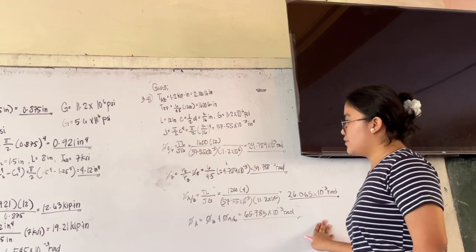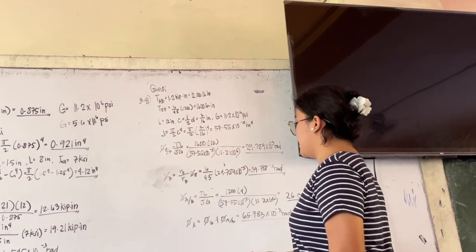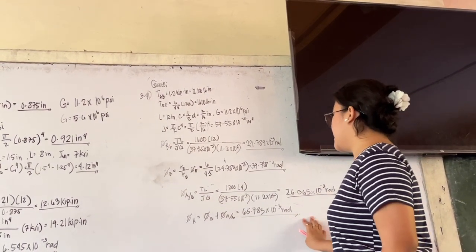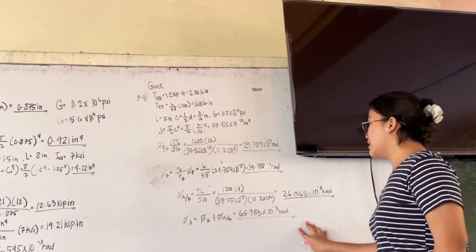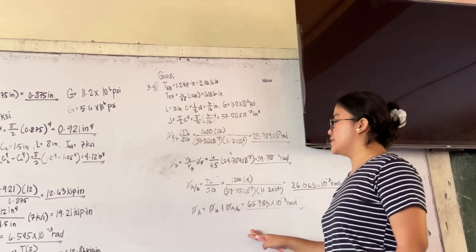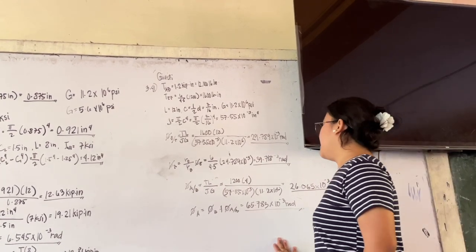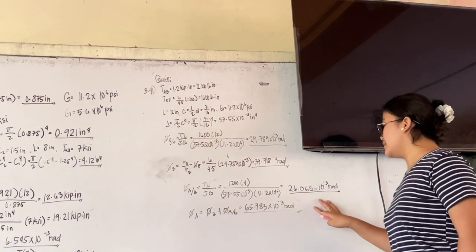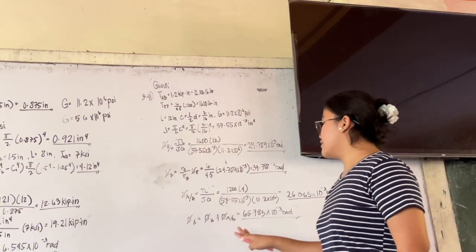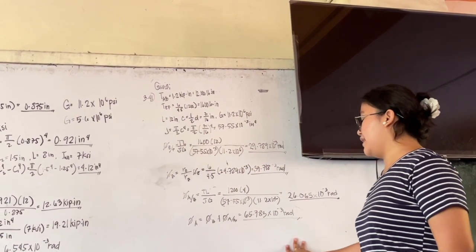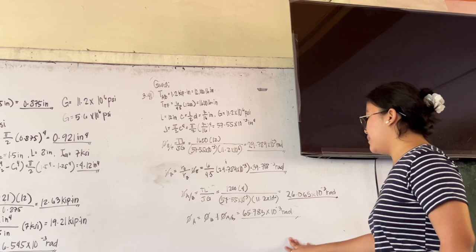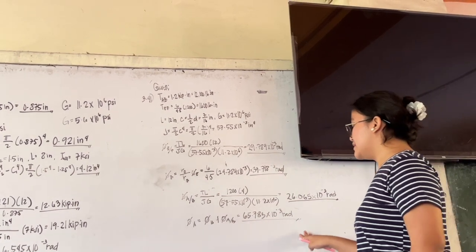Our theta B is equal to RE over RB times theta E. Plugging in the given, we have 39.718 times 10 to the power of -3 rad. Our theta AB is equal to PL over JG. Same, we plug in the given, and we have 36.065 times 10 to the power of -3 rad. And so for theta A, we have a formula of theta B plus theta AB, which results to 65.7